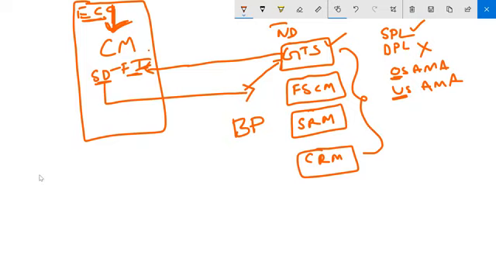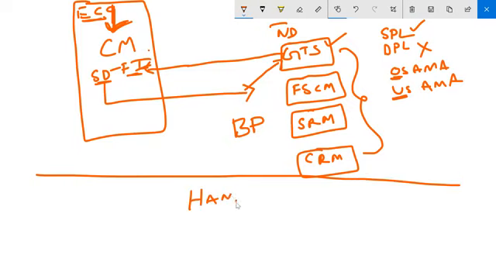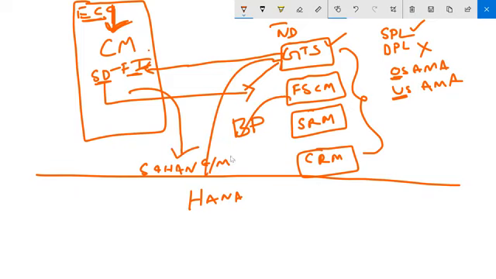Now what's happening in S4HANA? Everything is coming onto the same platform on the HANA database with S4HANA enterprise management digital core. So your ERP is sitting here, all your new dimensional modules are sitting on the same platform with the same license. Why carry this old customer master again when the majority of the modules are using business partner? Then why create a customer master separately?